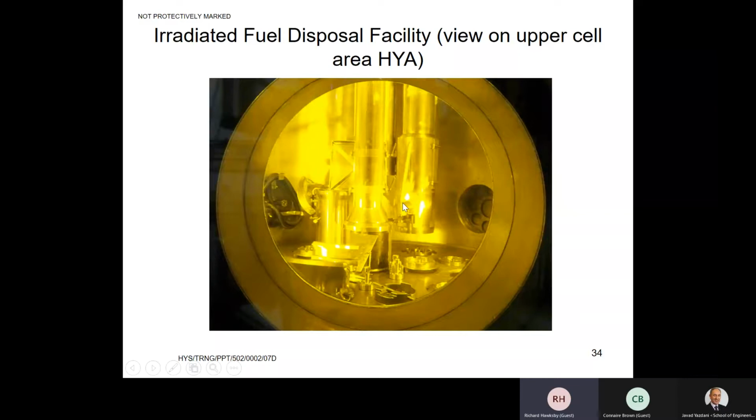This is a very simple disposal cell. Again, everything at Hisham 1 is as simple as I said earlier on, but you can actually see what you're doing. But the Hisham 2 was the seismic safety case, which actually